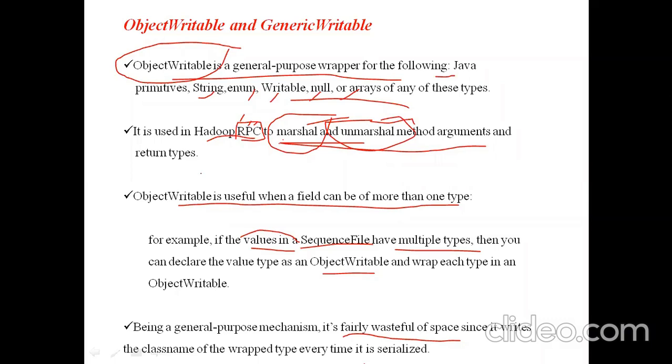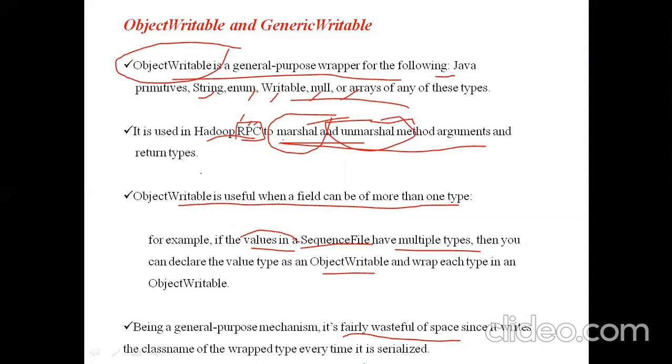Then which data type to use would be confusing, so we use the object writable. The object writable wrapper class behaves as a super class for all the other wrapper classes, so if you use it, it will support all the wrapper classes. Clear? That is briefly today's concept of null writable and object writable.